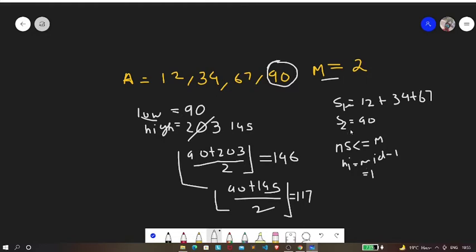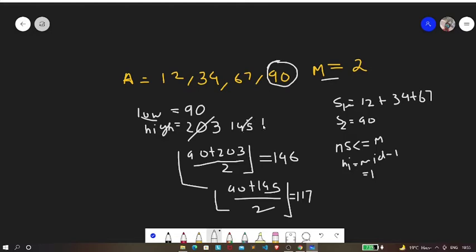Now again we find that the number of students for which this number of books can be allocated is actually less than or equal to 2. So again we need to update our high. Currently our mid is 117, right? So if we make high mid minus 1, it will be 116.